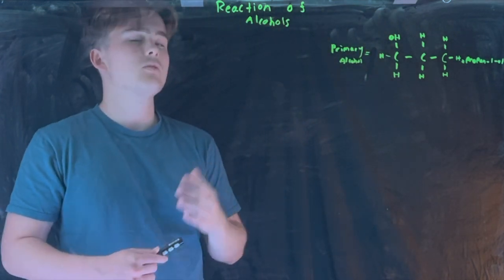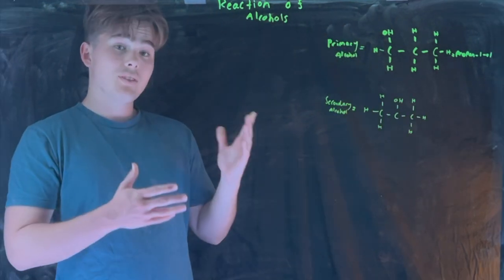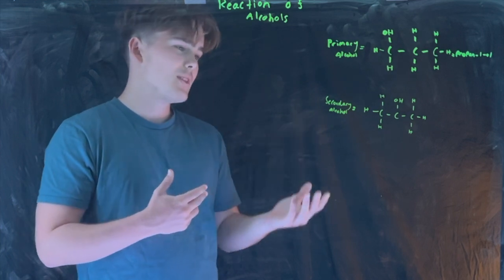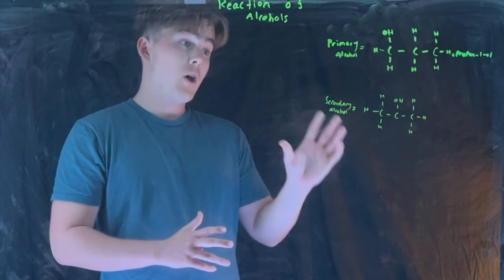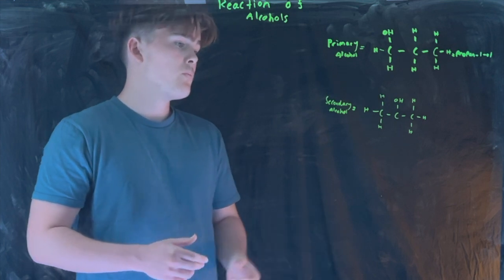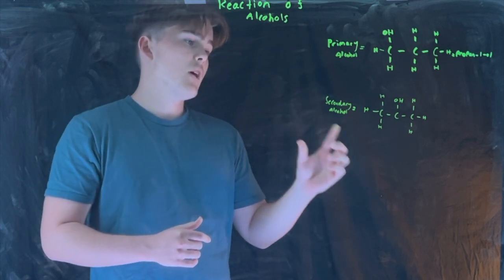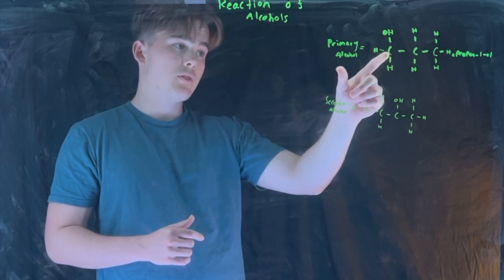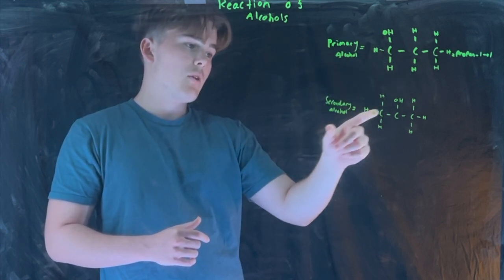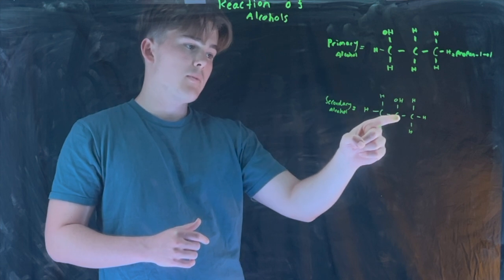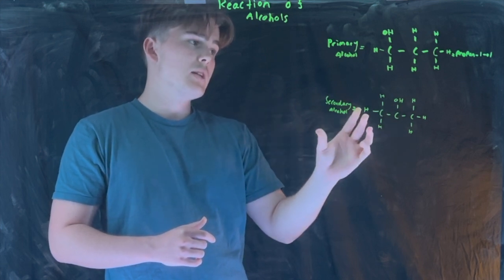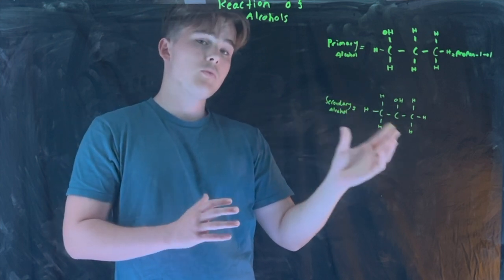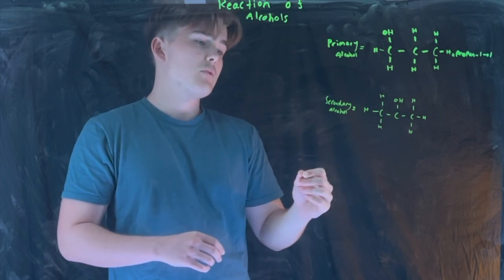Now let's talk about secondary alcohols. Just have a look at the secondary alcohol now. We can see that the main difference between the primary alcohol and the secondary alcohol is the position of this hydroxy group here. The OH group on the primary is on the first carbon. In the secondary alcohol, the OH group is on the second carbon. That's going to change the name from propane 1-ol to propane 2-ol, and that's also what makes it